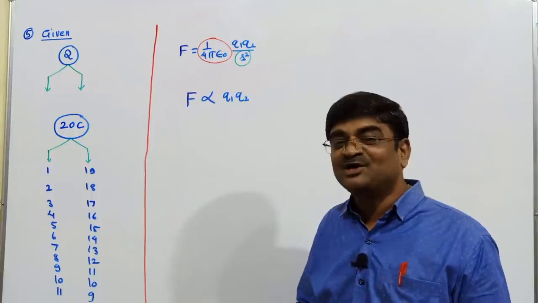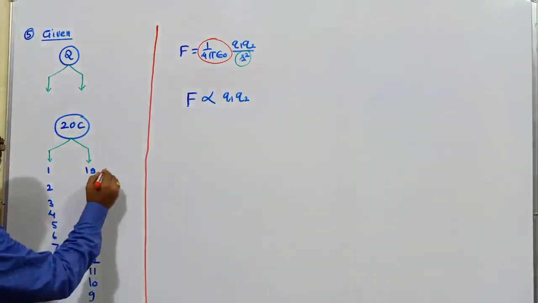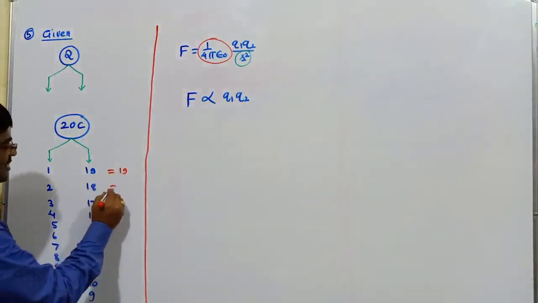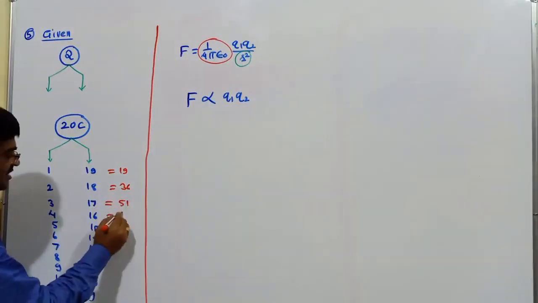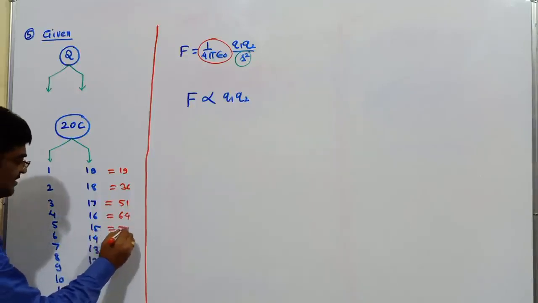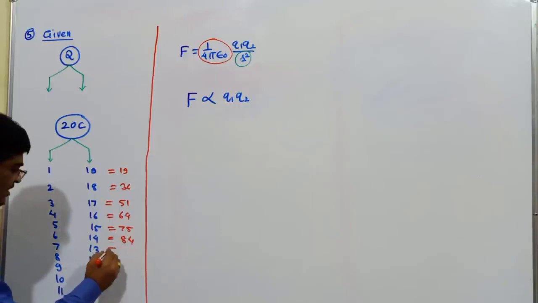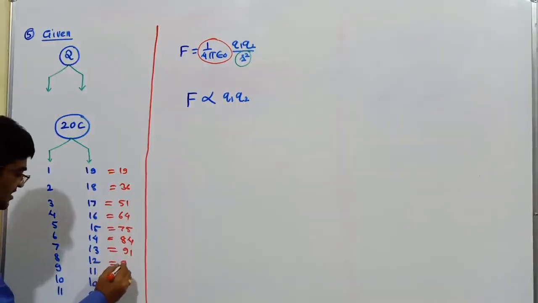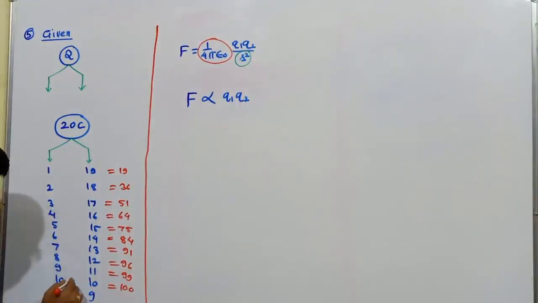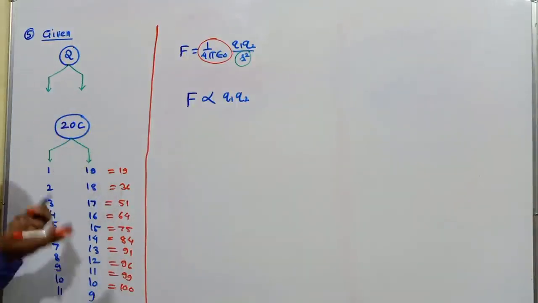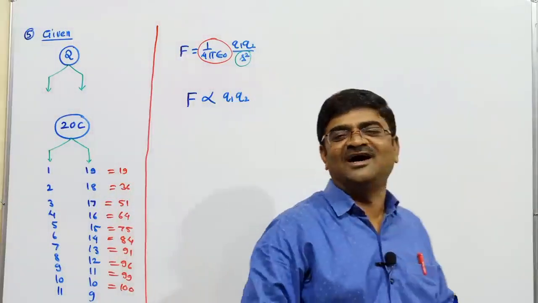So then, just go on taking the product. Like the product here I get 19. The product here I get 36. The product here I get 51. The product here I get 64. 75. 84. 91. 96. 99. 100, again 99, and it will repeat in the reverse way. So I am using a rough method to bring this to your notice now.